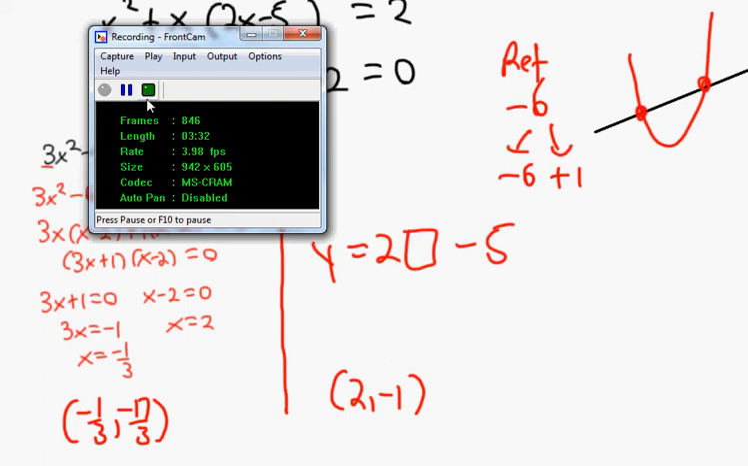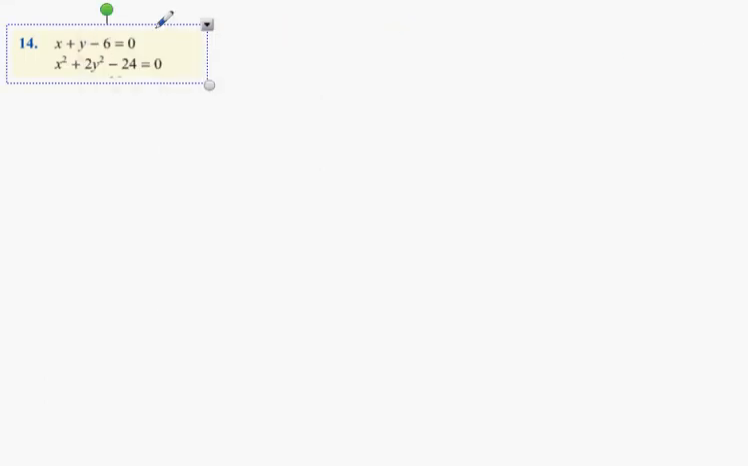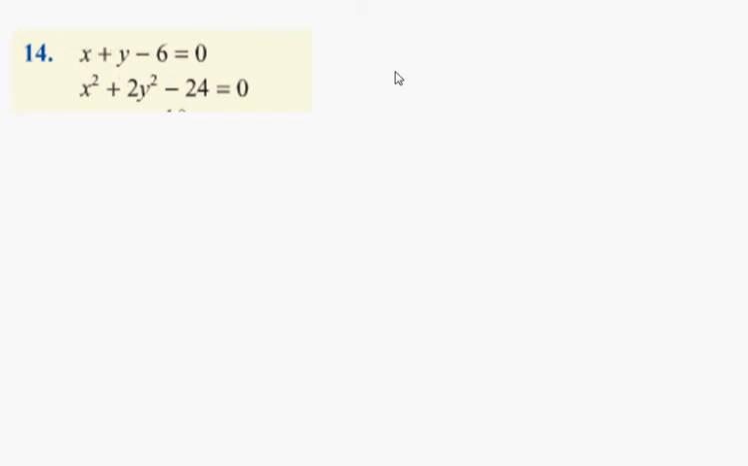Well done. Okay, in question 14 we have a linear equation, which is the one with no x squareds, and we have a quadratic equation, which is the one with the x squared and y squared. I said get y on its own. You can get x on its own either, it doesn't really matter. So we're going to get y equals